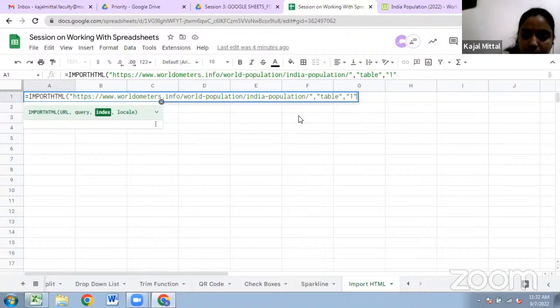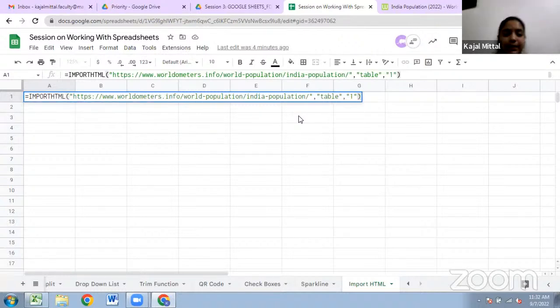What is the meaning of this formula? How is this formula read? I want the table given on this URL. The first table given on this URL is to be imported to this particular sheet. Okay? So if I click enter,